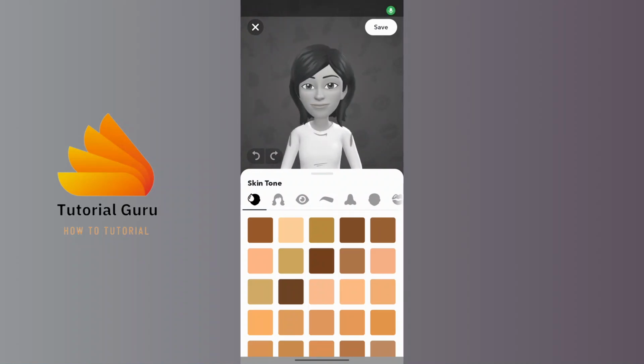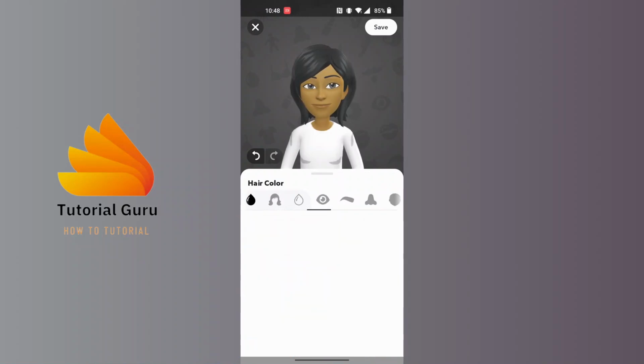You can see your face, your skin tones, your hair and your eyes, which kind of eyelashes do you want, which kind of eye do you want, eye sizes. You can see over here all of these options are available for you to customize your avatar. With that being done guys, your gender will be changed on Snapchat, and let's tap on the save at the